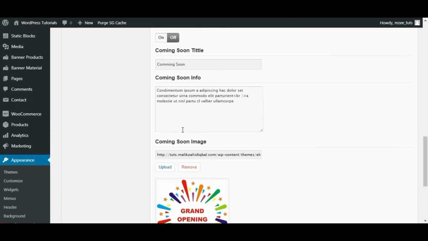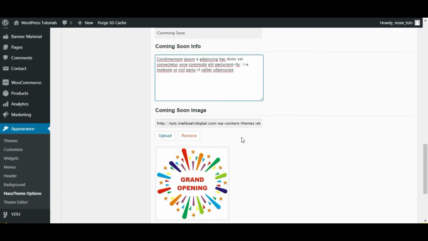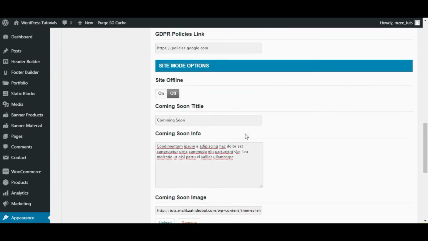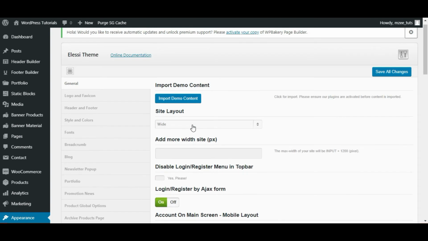They also provide a nice coming soon maintenance mode, so you can simply turn this on and enter your coming soon title, description, and you can also add your logo image here, and you don't need to worry about using any plugins for the maintenance.